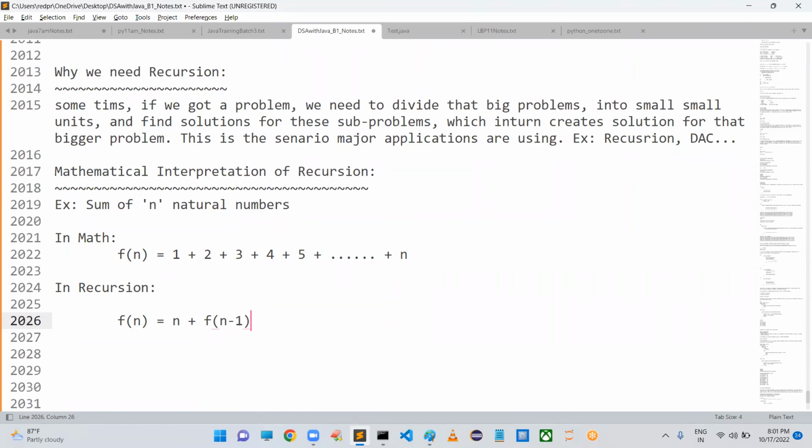Then find the solution to the next problem, which is smaller than this. Whatever solution you got for the first problem, you can use to get the second problem's solution, and by combining that result you get the third, then the fourth sub-problem's solution. Like this, calculate. At last, once the stack is empty, your result is finished.